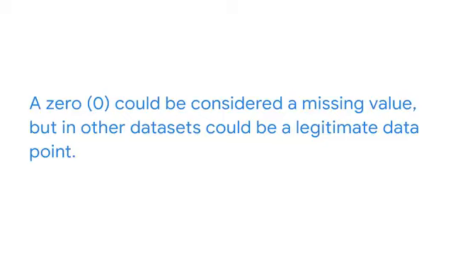If you encounter this level of missing values while working as a data professional, you should communicate the inability to complete any analysis and suggest possible solutions. Another challenge that can come up during EDA is with the value 0. In some datasets, a 0 could be considered a missing value, but in other datasets could be a legitimate data point. In some datasets, a NaN, or blank space, might be a mistake.